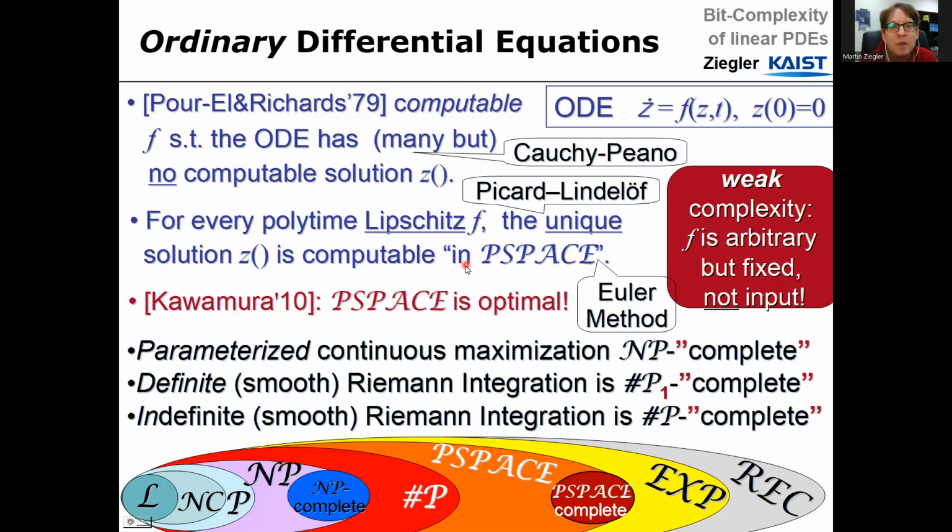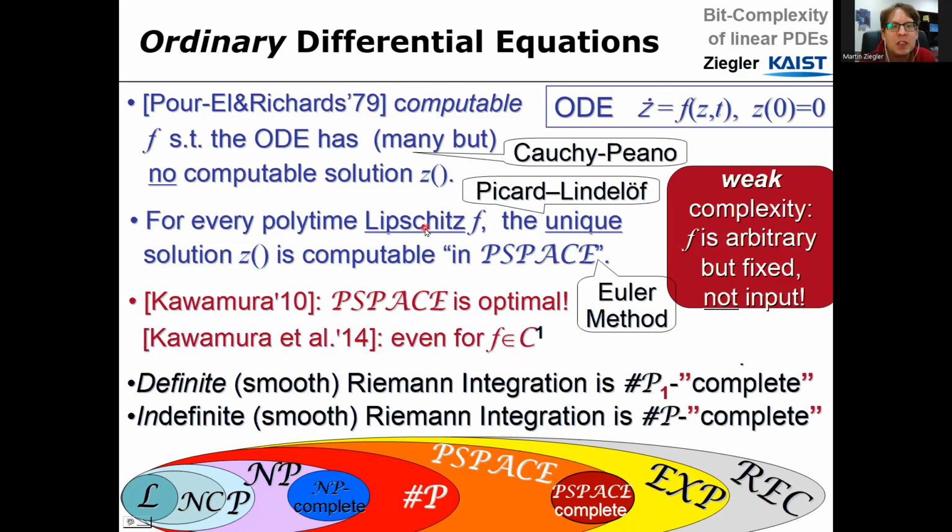He constructed very carefully and smartly a Lipschitz continuous polynomial-time computable right-hand side such that the unique solution to this ODE is not polynomial-time computable unless P is equal to PSPACE. So it's kind of PSPACE-optimal, solving